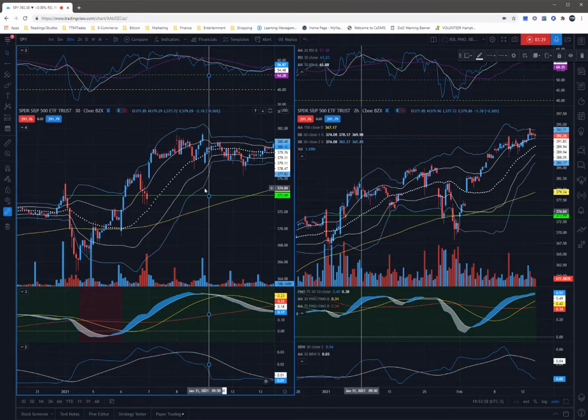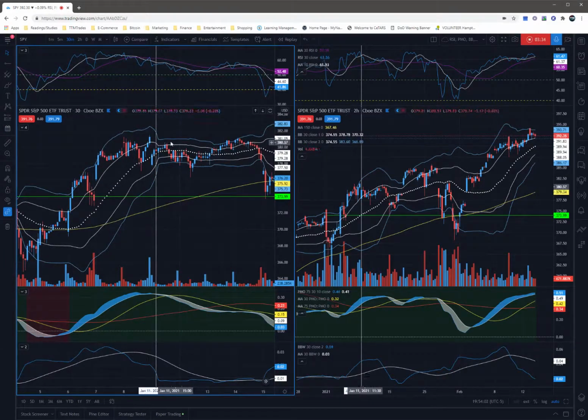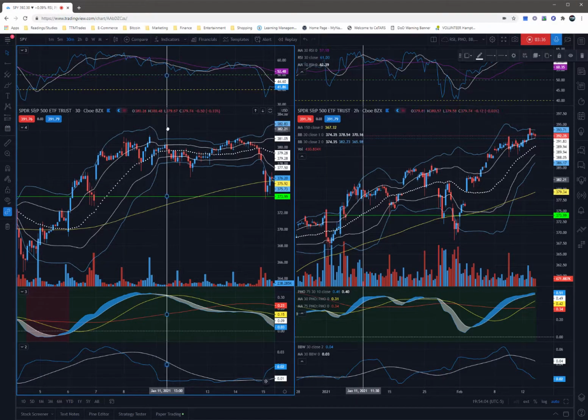Again, we take that exit signal, and as you can see here, I would have taken the exit signal right as we crossed that short-term moving average on the PMO. Again, RSI is below its average, trending downwards. We take that entry signal here with the expectation that we're going to get a nice dip down to the